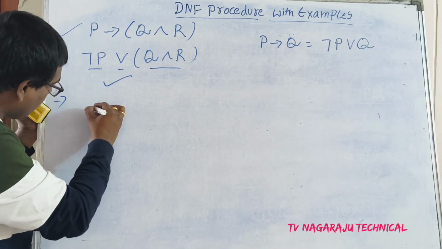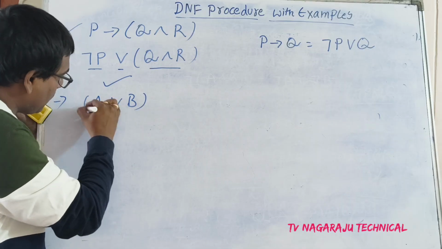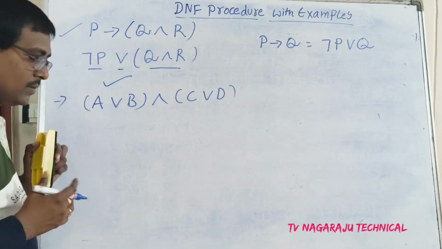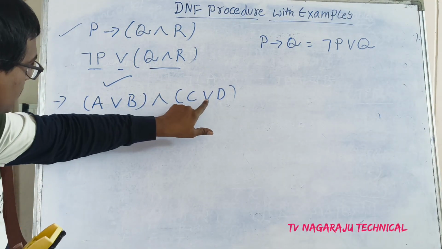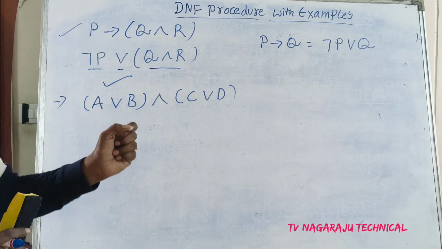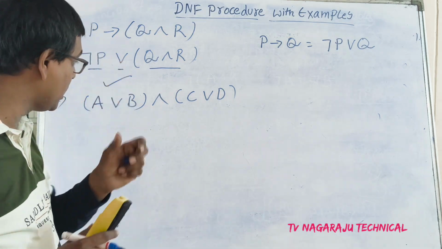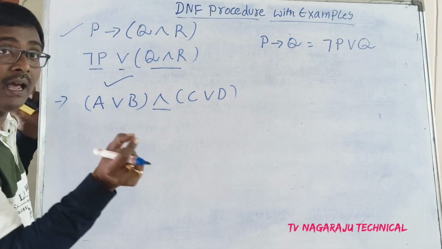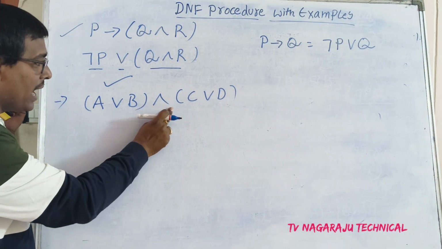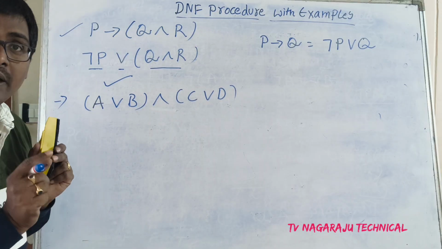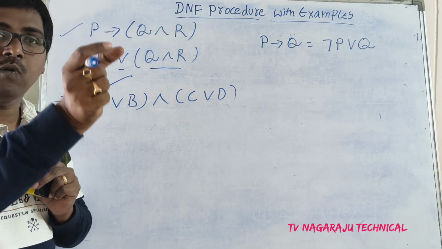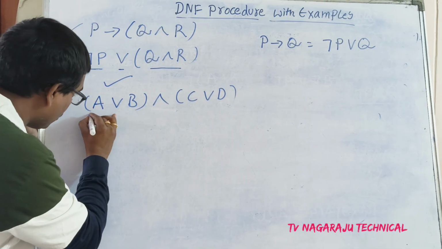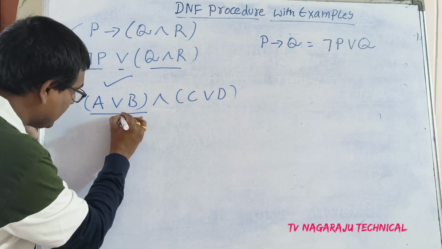Consider one more example. Suppose (A or B) and (C or D), like this. We have the expression (A or B) intersection (C or D). Here there is no implication, no biconditional statements. What do you need to do? In the middle, I need OR, but here we have an AND. What is the distributive law? Perform the AND operation over the OR operation. So, I consider this entire one as